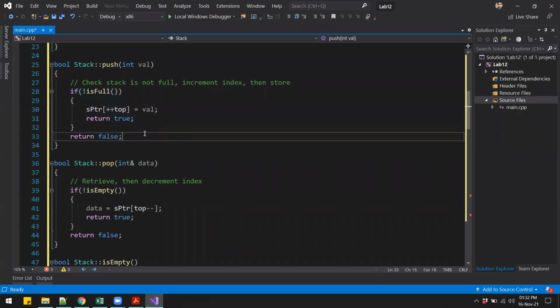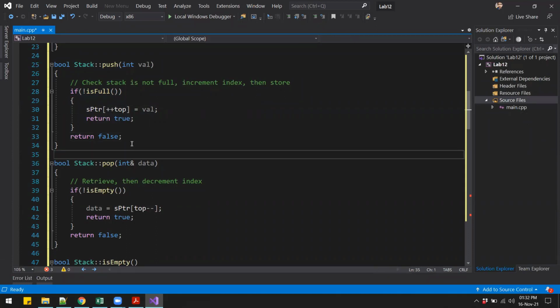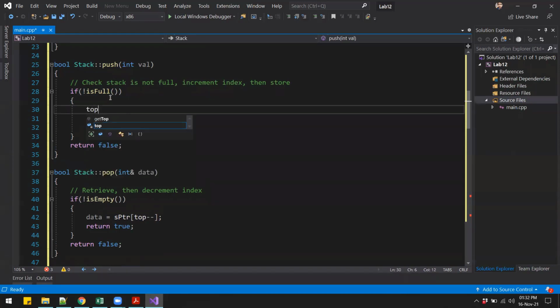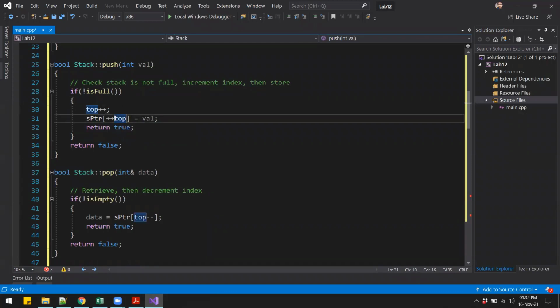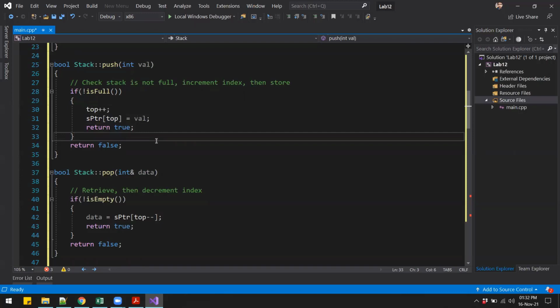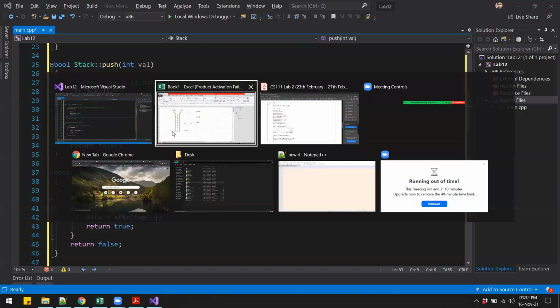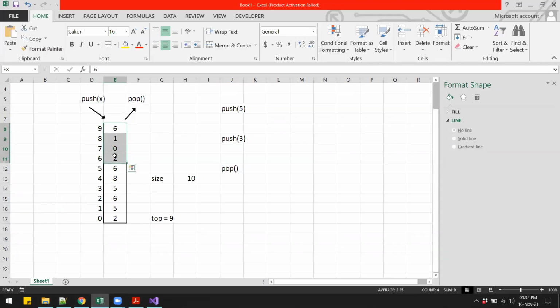And what is happening over here is in our array, so we go to the array at index top plus plus. So this is the same as saying top plus plus, and then sptr at index top. So what is happening here is, now we know that if there are some items in our stack, so I'll remove some of these. Now what will be the value of the top variable? It will be 5, right? Because the topmost data is at index number 5. So let's put this as 5.